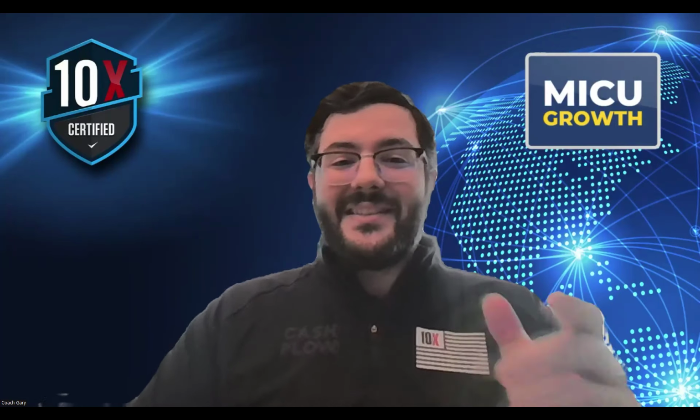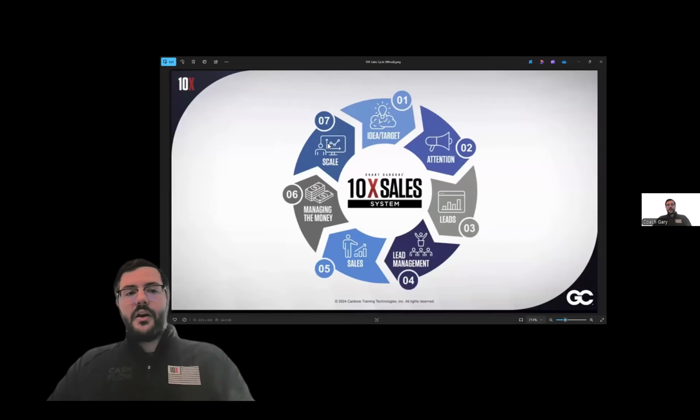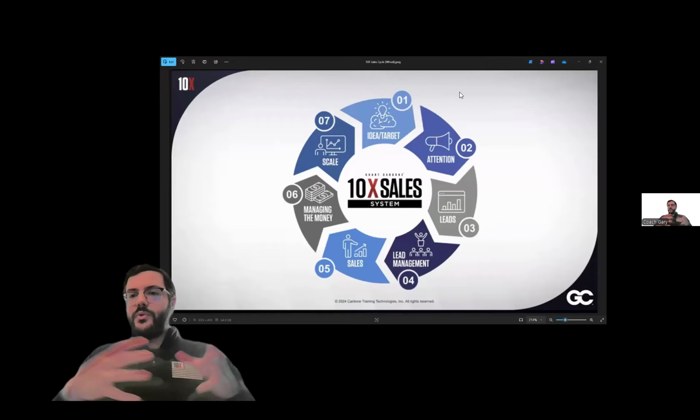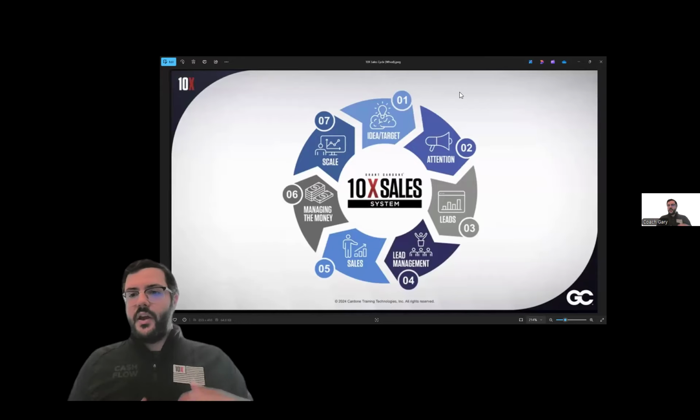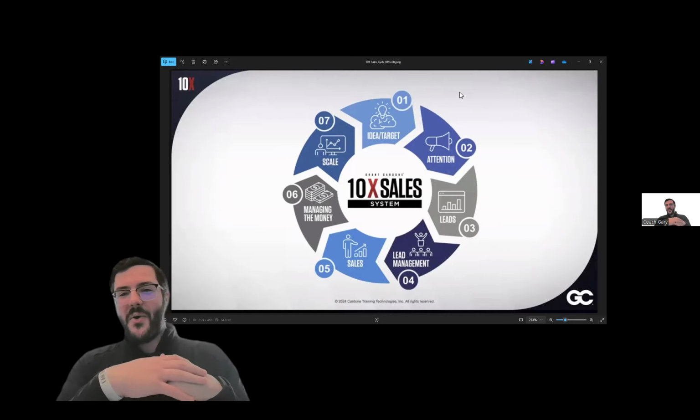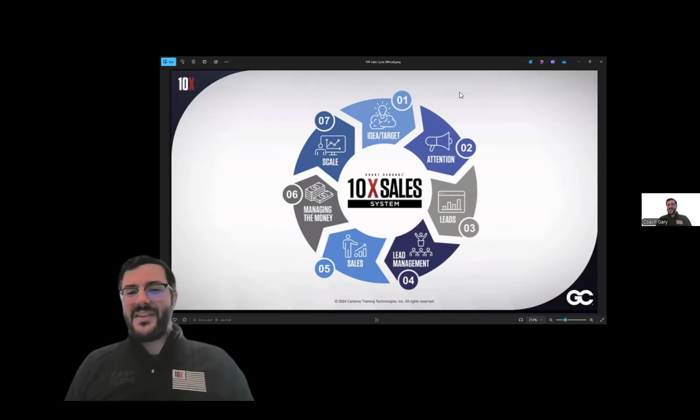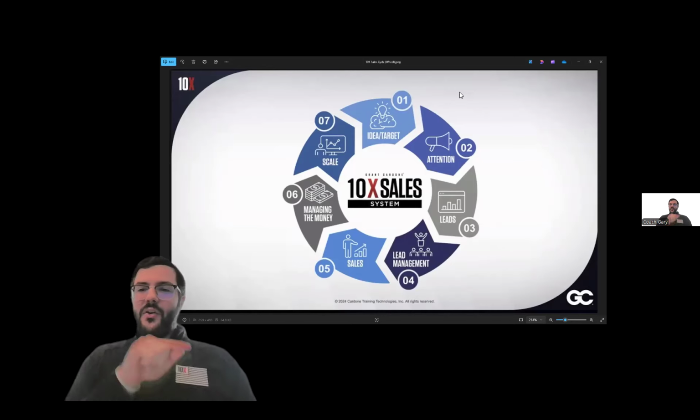Number 7, scaling. As we're scaling, this is where we go back around the wheel, and we want to ensure that we're clear on our next target. What we've built here, in order to bring that forward, to boost our tech, our people, our training, our SOPs, our processes, we hit the target. Do we stop and go to the beach and hang out? No. We set a new idea. We set a new target, and we start the cycle over again.